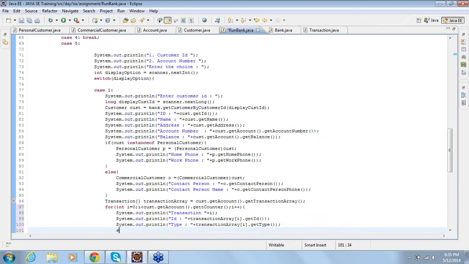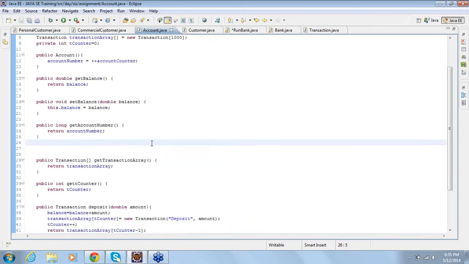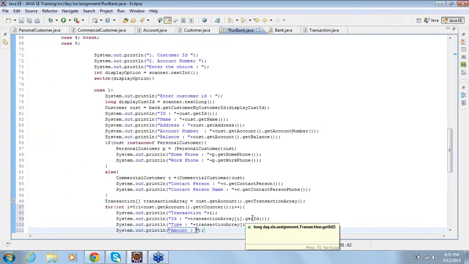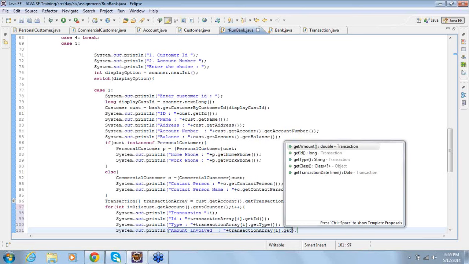Get type. You got the ID. You got the type. You got the amount involved. Oh, we are not handling this, are we? Let me look at the account. Yeah, we are handling this too. So transaction amount involved in the transaction. Transaction array of I dot get amount.